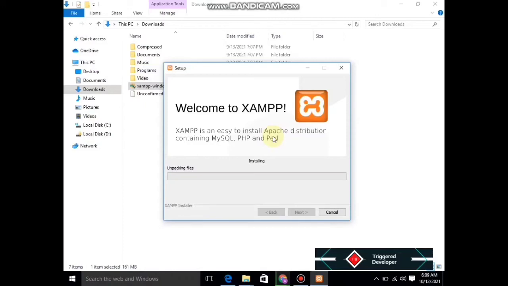And the installation has started. We have to wait for a few minutes. It's unpacking the files.